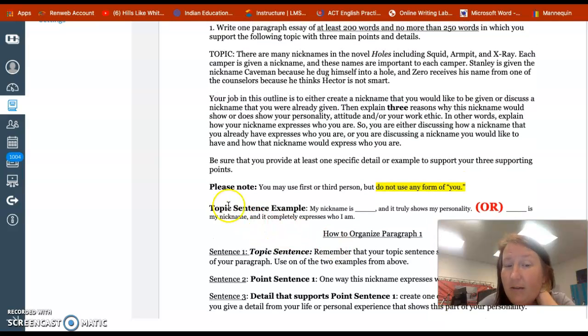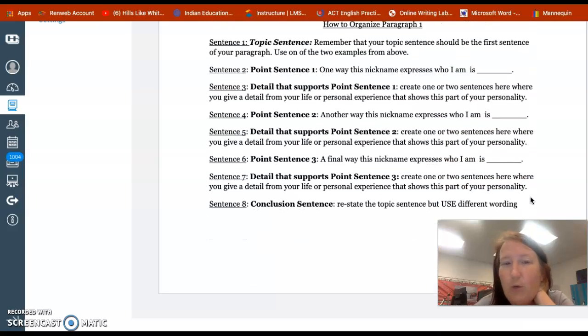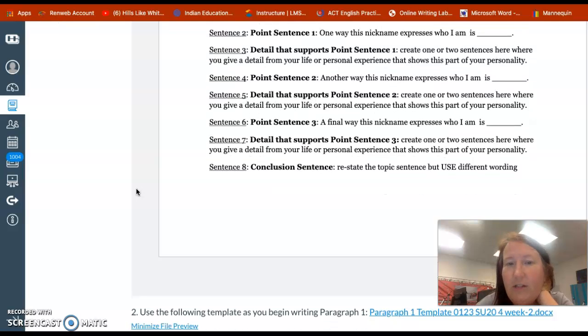Come back up here, look at the topic examples, and let's say you chose to start your paragraph with this sentence, then end your paragraph with the one you did not use. Okay, that's an easy way to make sure that it is the topic and that it's different wording. Okay, that's just a little trick that you can totally use. All right, so that is just reference. Okay, there's nothing to do on that sheet. You may want to print it out, take a screenshot of it just so you know it.